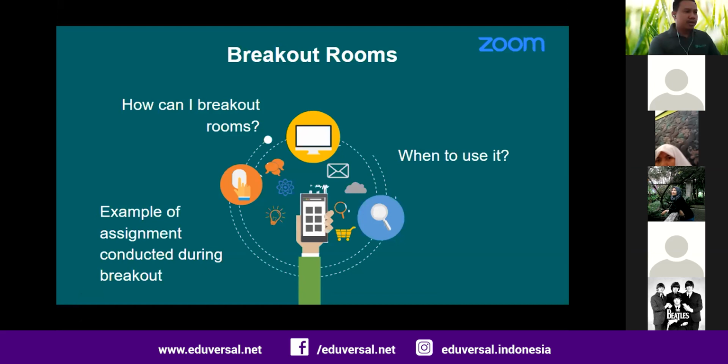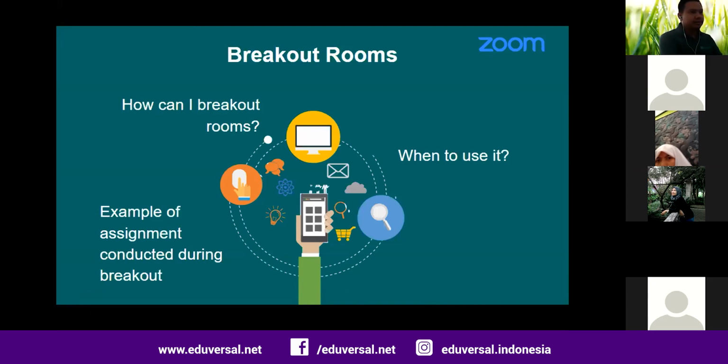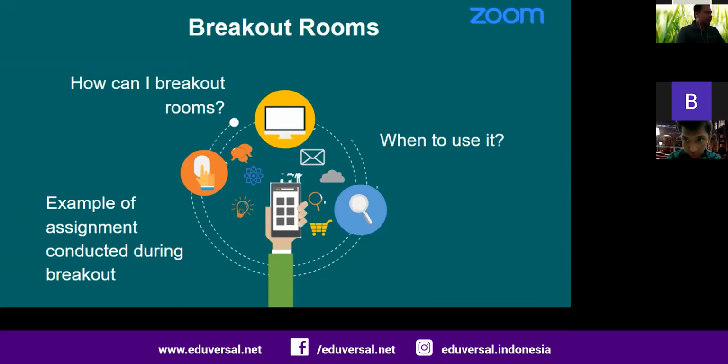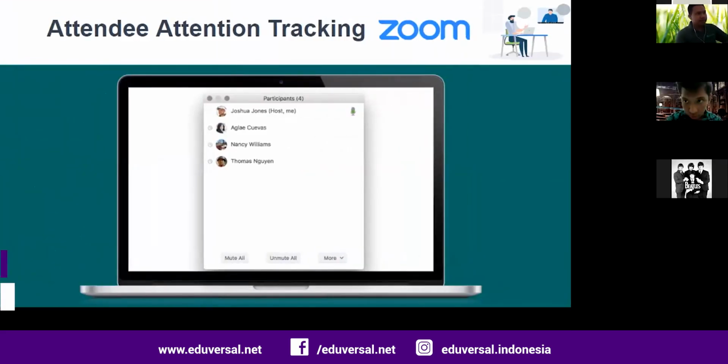You can broadcast to a specific room or in general. So hello everyone. And if some students or participants need help, they can invite the host. So that's breakout rooms.